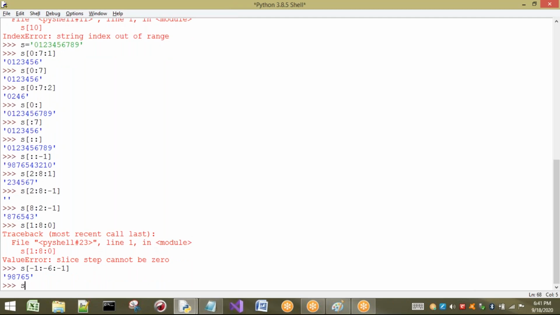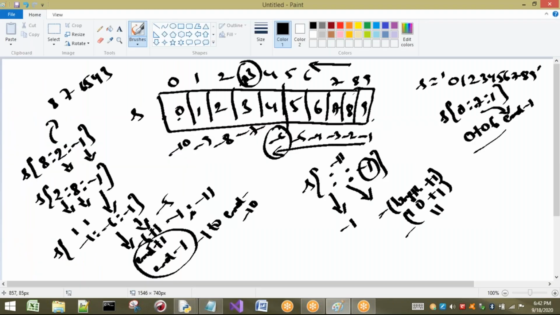Now next one I am going to consider one more type, that is 2 colon minus 5, and first I will take negative direction. See what happens here. Minus 1 is there, so I understand it is reverse direction.